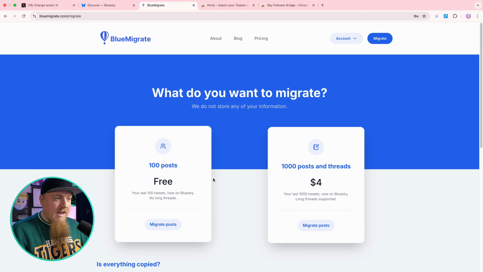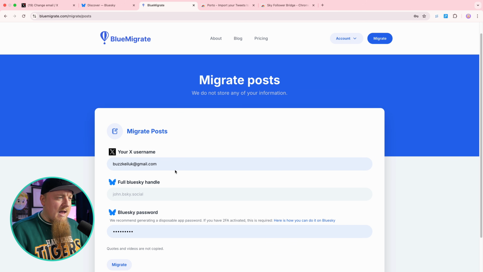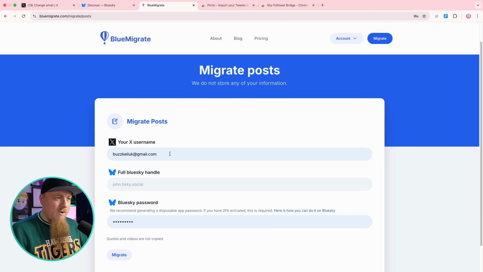And once you've signed up for an account, it brings you back to this options page where you can choose a free migration or the $4 one. I'm going to choose the free one because I don't need to copy over more than 100 posts. So now I'm going to tap on migrate posts. And what it's going to do is ask you for your Twitter username. So I'm going to type in my Twitter username and then my full Bluesky handle, which is